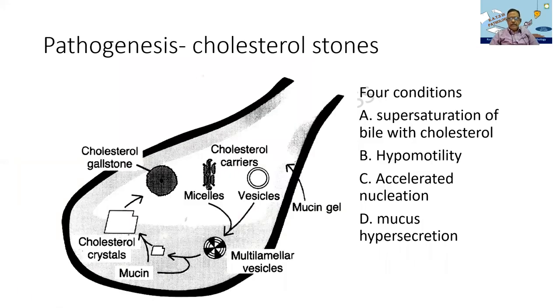This is a picture that we should bear in mind in pathogenesis. Now, this is the ultimate gallstone that we are getting, a cholesterol stone. There are generally two methods of growth. My zoology professor used to say there will be two methods of growth of any substance. One is called growth by accretion. Accretion means more and more particulate matter are deposited. That is called growth by accretion. Another one is growth by